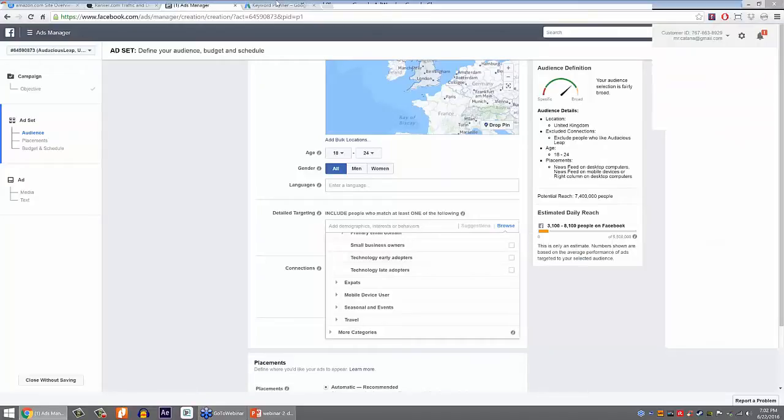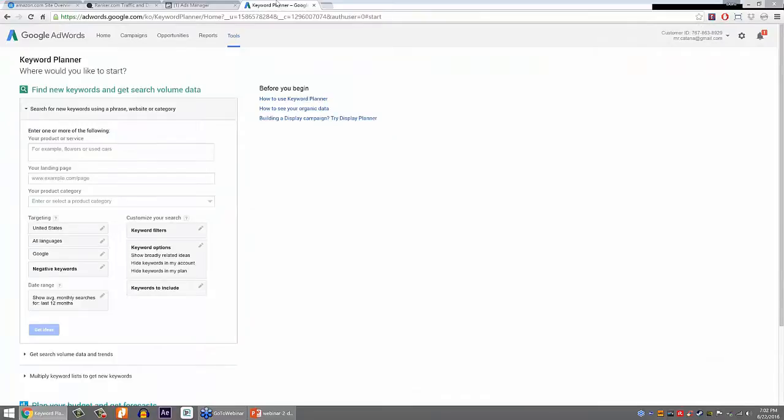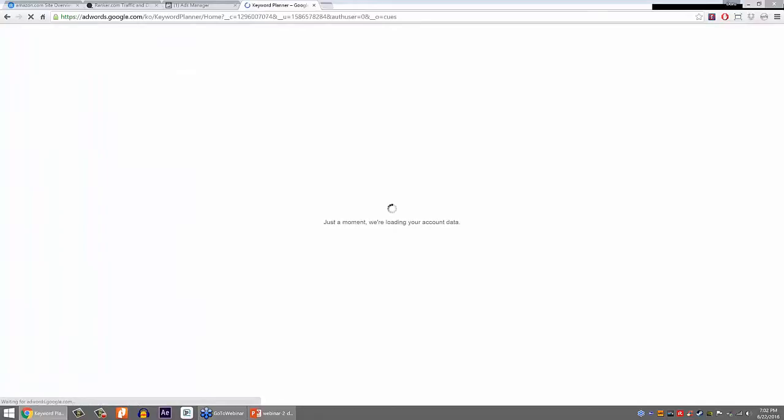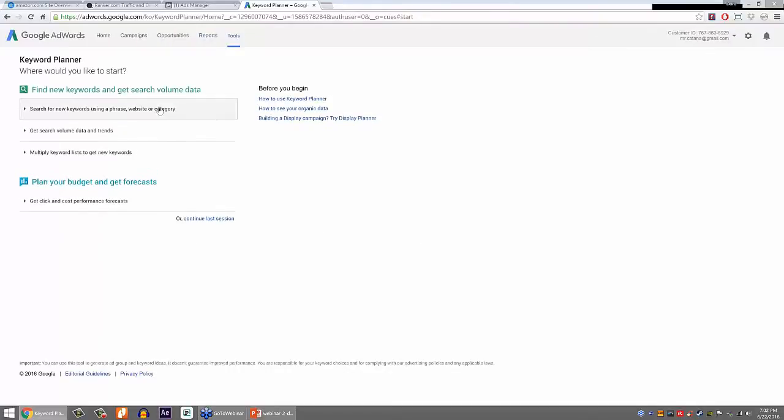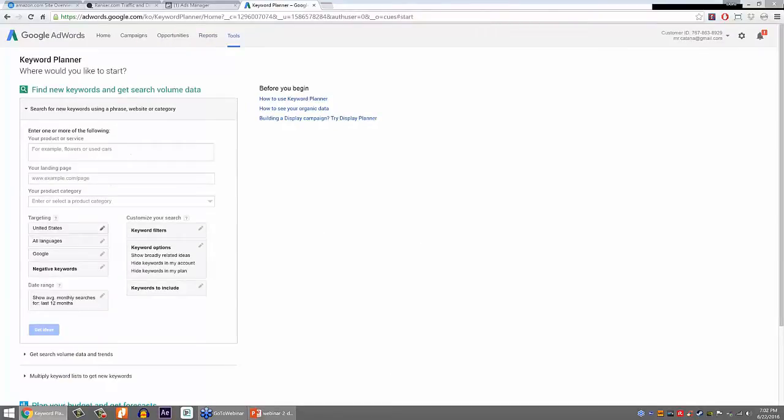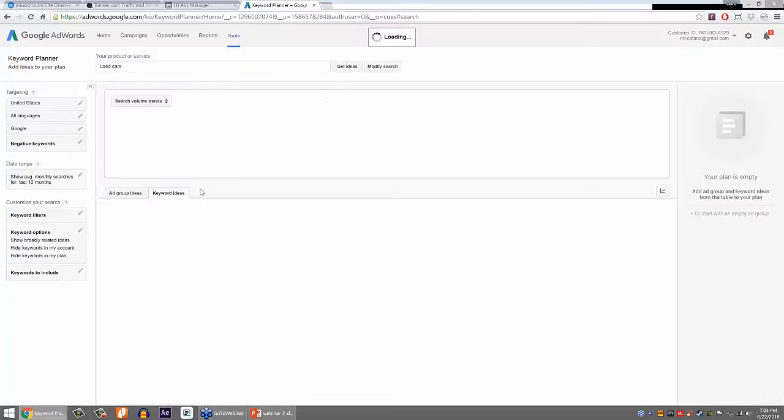And speaking of the size of your audience, you have Google AdWords. I think most of you know what Google AdWords is, but for those of you that don't know, it's Google's ad platform. To reach this page, just go to Google AdWords, you go to Tools, and then you go to Keyword Planner. And you wait a second for the page to load. Okay, so what you can do is, let's say in this case we have the United States, and let's use their example. We go for used cars and see. Go to Get Ideas